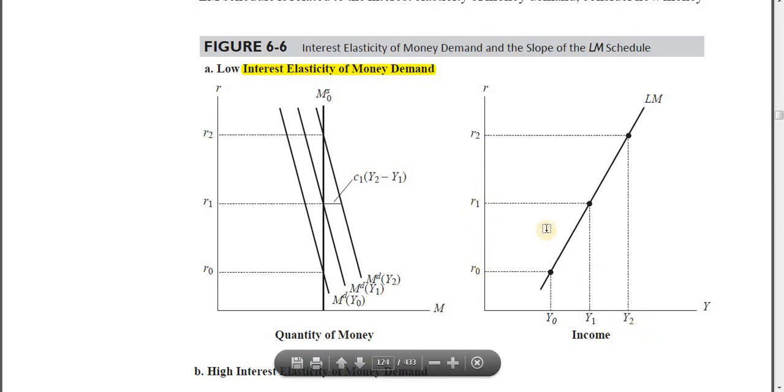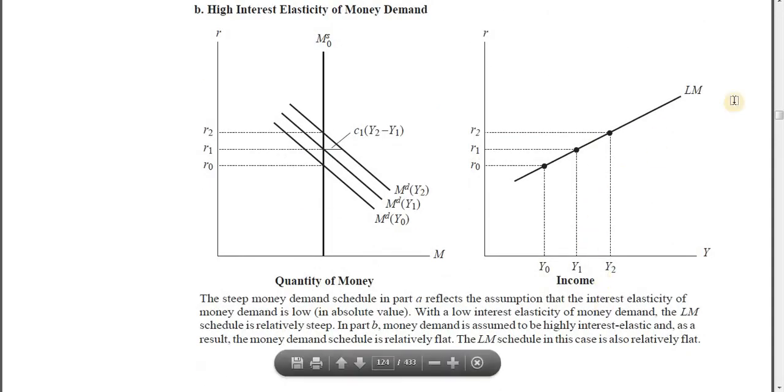So when we join this point to this, we'll have a steeper LM curve. Again, with the given change in income, we know transaction balance goes up, we need to reduce the speculative balance, but because money demand is much less sensitive to the changes in the rate of interest, the interest rate has to go up all the way from R1 to R2, and this is how we'll have this point here. So joining these 3 points, we'll get the LM curve, which is quite steep because this one is flatter.